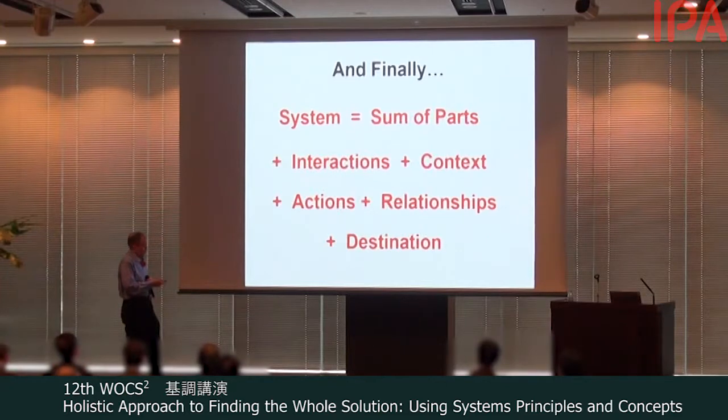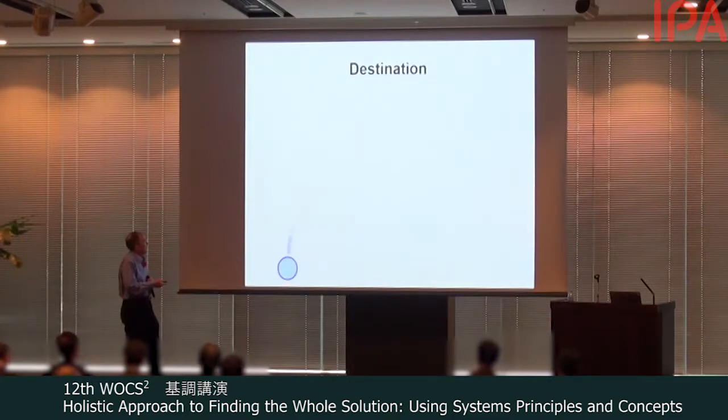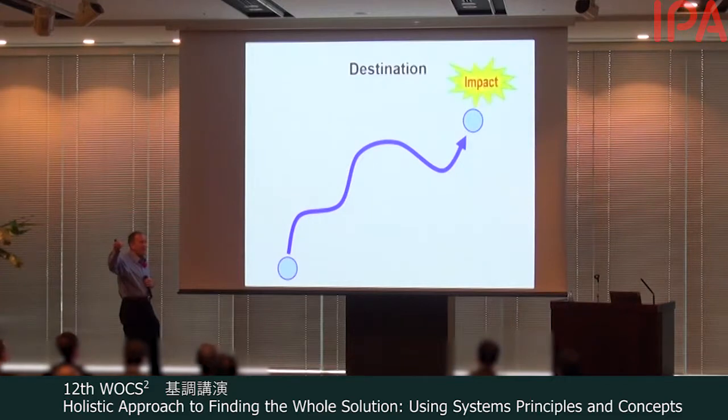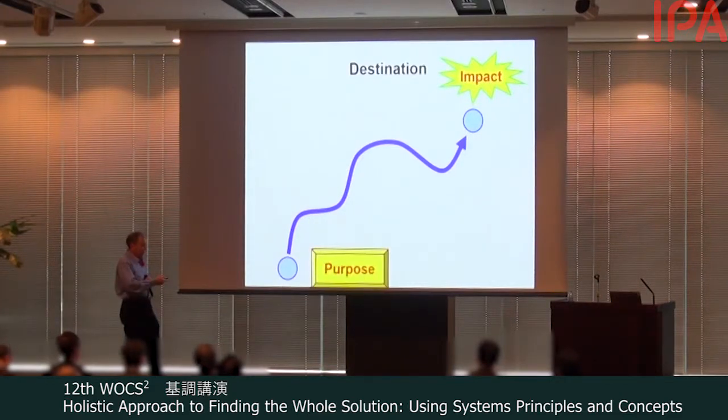And finally, the seventh part is the destination. So we have a current situation and we're trying to achieve a different situation in the future with a positive outcome. So we need to understand what impact we are trying to have. There will be some negative impact and some positive, but the net impact should be positive, because why build a system that will have net negative impact?